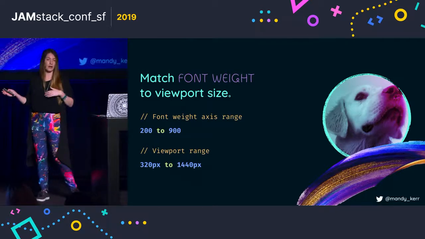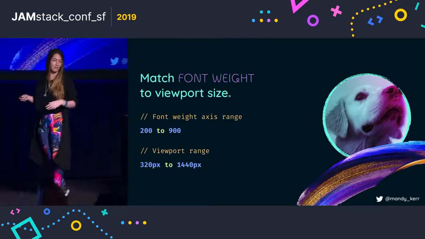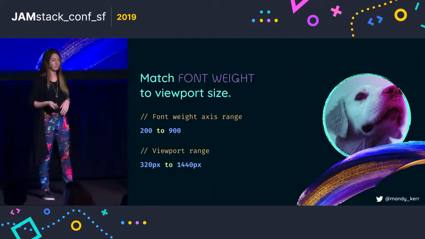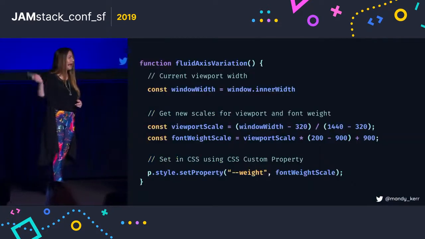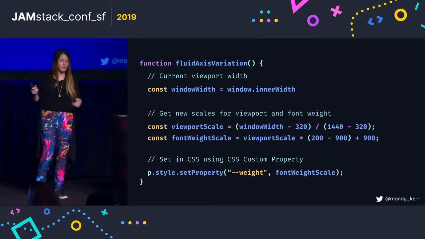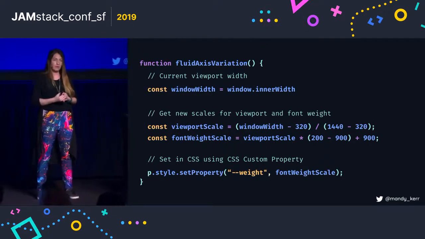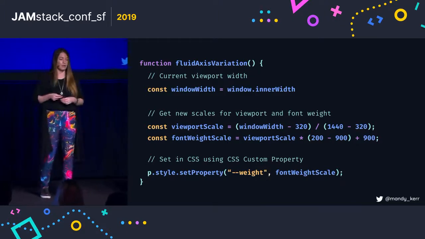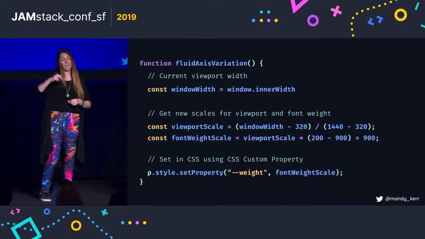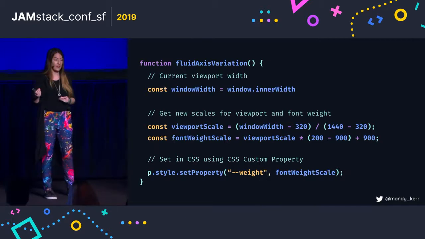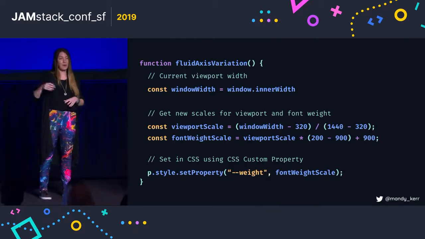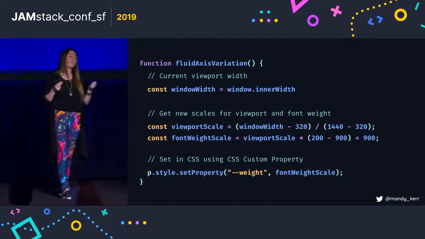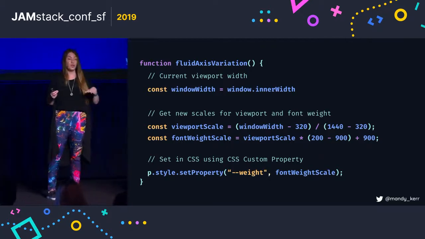First, we need the font weight range, so 200 to 900, and then the viewport range, so 320 pixels to 1440 pixels. Could be whatever you want. We have a tiny little function. First, we need the current viewport of the user, window.innerWidth, something like that. Then we take that and we minus the minimum viewport size, divide that by the maximum minus the minimum viewport size. And what this is going to do is give us a decimal value that we can use to calculate